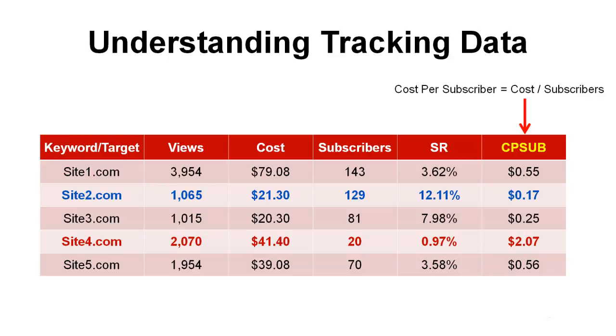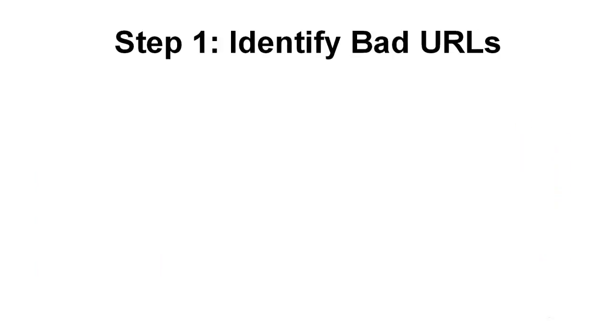Exactly. In fact, it doesn't take long for people to get this stuff. Once you get it once, basically you can repeat the same process again. Now, I'm going to tell you certain steps that you need to do in order to optimize your campaign and to scale up. So in step 1, we want to identify the bad URL,